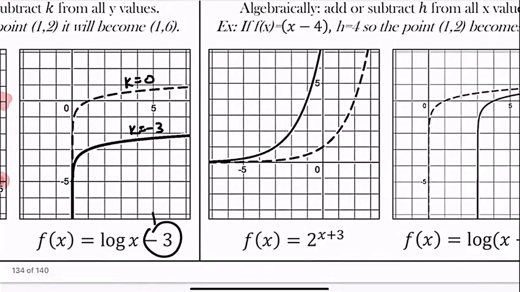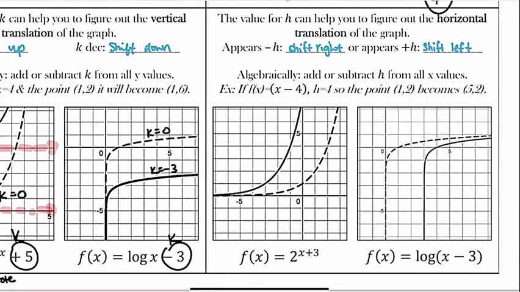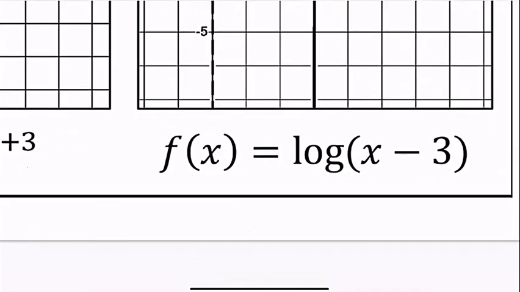Good, let's look at the last one here, which is a horizontal translation. The value of H can help you figure out the horizontal translation. As H appears negative, you shift right, and as H appears positive, you shift left. The reason we're phrasing it like that is because H, the horizontal translation on the inside, is always going to be the opposite of what it actually looks like. Because we have a negative sign, that belongs to the function. What I mean by that is,